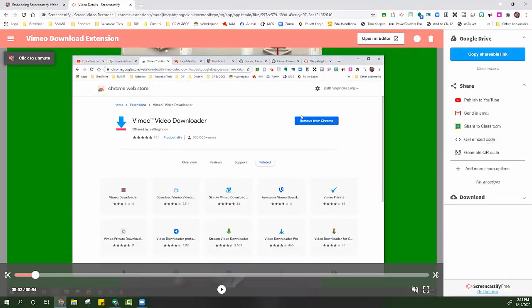Yes. Is it still free to do the extended, like more than the given amount of time? No, now Screencastify is only 5 minutes at a time. So if you're going to do more than 5 minutes, you're going to want to record a Google Meet, and I can show you how to embed those into Canvas as well. If you're going beyond 5 minutes and you don't have the paid version, there are some schools that have